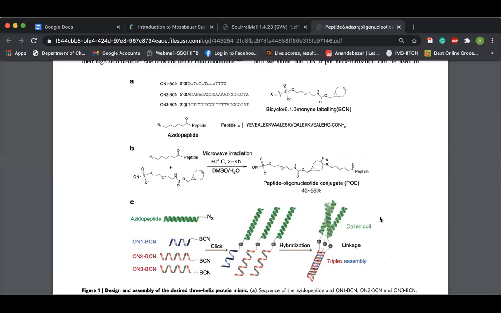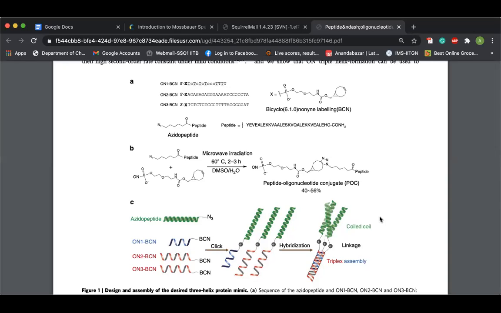So what they are actually doing, they are actually adding a nucleotide and a protein together. Okay, so far we have studied that the protein have a secondary structure. A nucleotide or DNA can have a CD signal, and they have a particular response. What happens if I combine them together? And that is the reason this paper is very interesting.